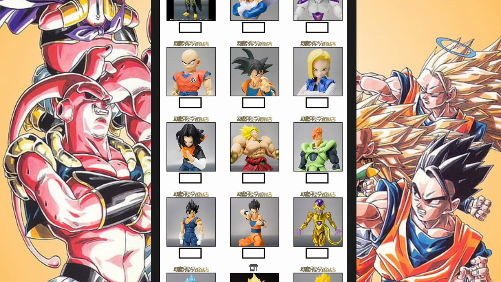Vegito out of nowhere. Who are we posing this Vegito with? And actually, we're going to come back to that in a little bit. But who are we posing that Vegito with? Ooh, Ultimate Gohan. Who are we posing that Ultimate Gohan with?